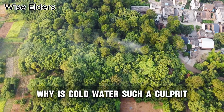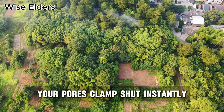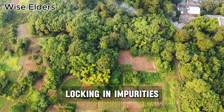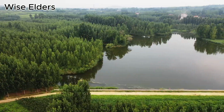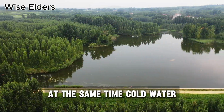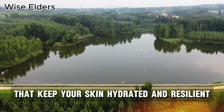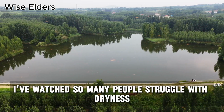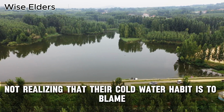Why is cold water such a culprit? When you splash your face with freezing water, your pores clamp shut instantly, locking in impurities and preventing your skin from properly releasing waste. At the same time, cold water strips away the essential surface oils that keep your skin hydrated and resilient. I've watched so many people struggle with dryness and irritation, not realizing that their cold water habit